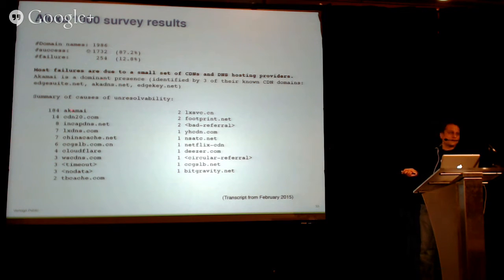Luckily, most of them are due to Akamai, about 184 of them. However, there's a bunch of other people here too. So there's Cloudflare, the Netflix CDN is here, and Incapsula, a bunch of CDNs that look like Chinese companies, CDN20, this is pretty popular, ChinaCache,